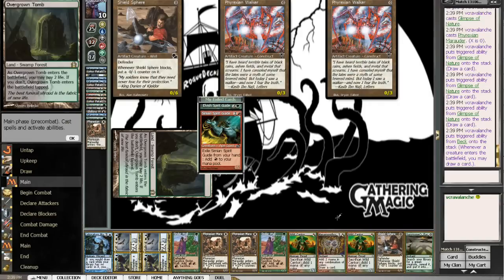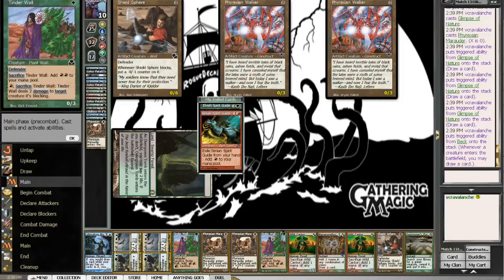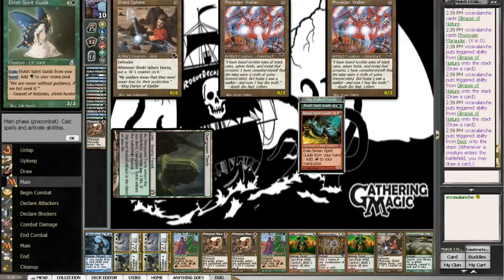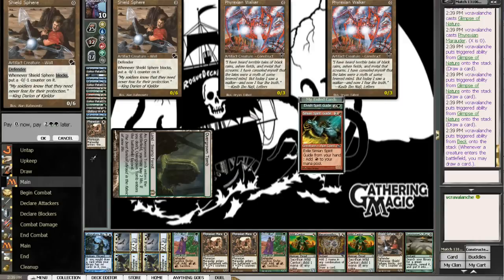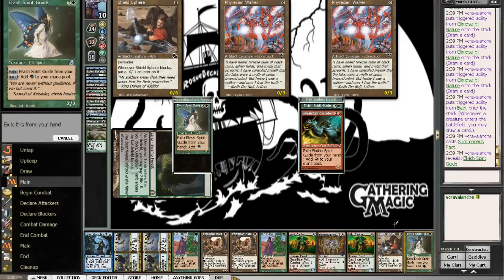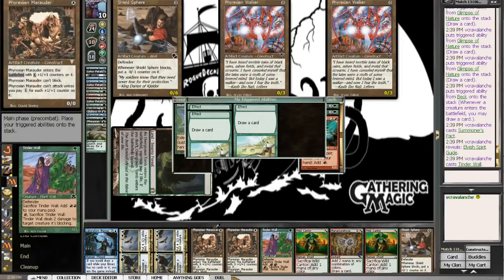And Summoner's Pact can go get us a lot of cool stuff. You can go get us another Wild Cantor. I think we're out of Wild. Nope, we're still finding Wild Cantors. So the probably right play here would be to, yeah, we can Summoner's Pact, go grab an Elvish Spirit Guide, exile the Elvish Spirit Guide to add a green, which goes against Tinderwall, which